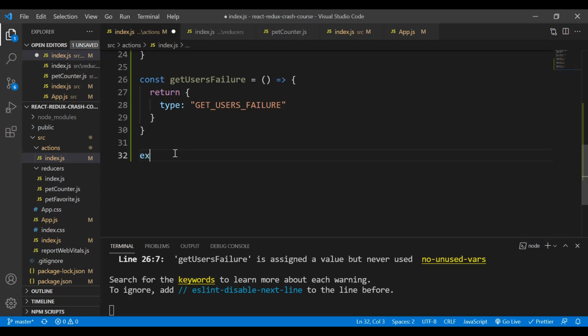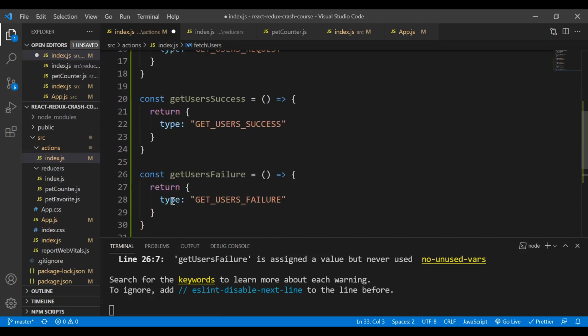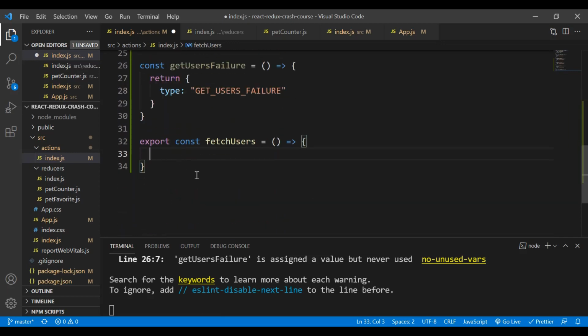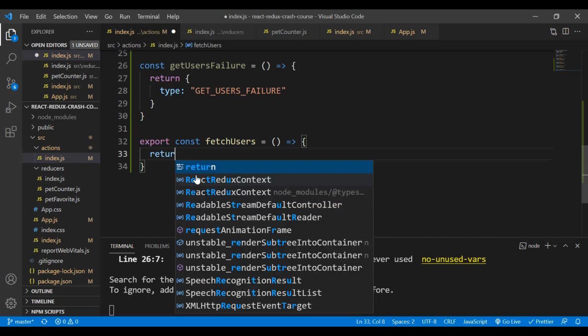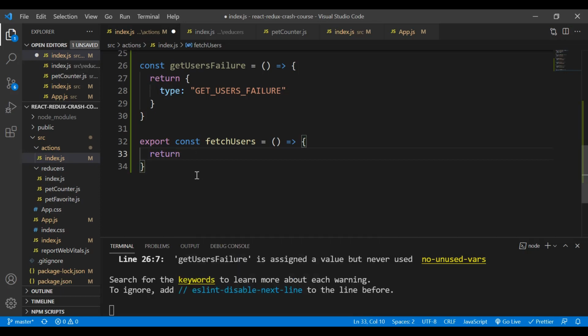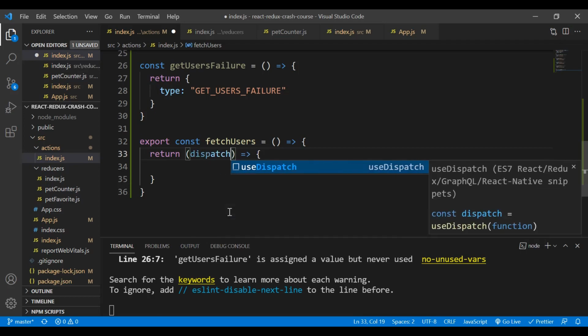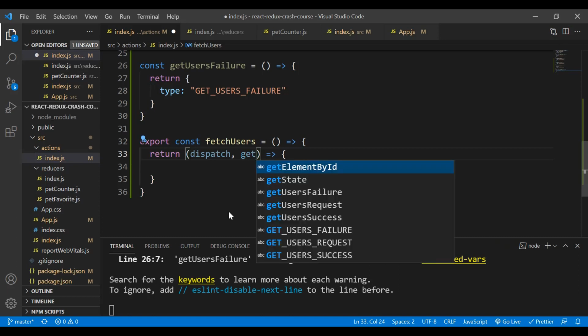Okay, so now I want to create another action. So for this action, I want to also export as well. So we use the keyword export const. I'll call this action as fetch users. And instead of returning the action, as you can see on top here, for this one, because we are using the Redux Thunk, we are allowed to create the returning the function instead of the action. So this will be returning the function like this, and we can use the dispatch,